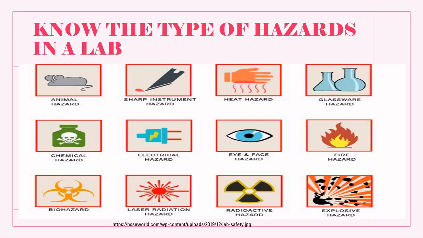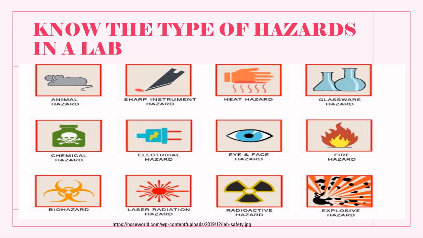You can have animal hazard like mice and other organisms. You can have sharp instrument hazards like needles and blades that are used for various experiments. Heat hazard, glassware hazard. When you do experiments, you might break the glassware and that remains in the place, so it can cause injury and other damages. Chemical hazard, we use a variety of chemicals which have different kinds of effects, so we must be careful about handling